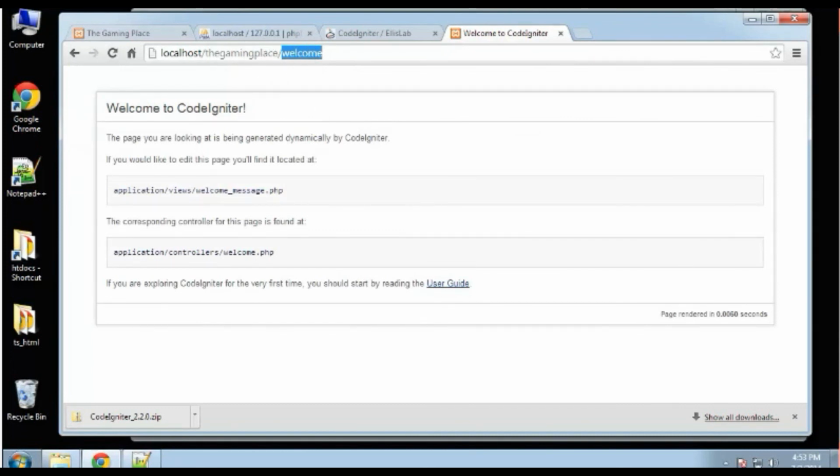After price is going to be the location info, so address, address 2, city, state, and zip code. Okay, change these types to